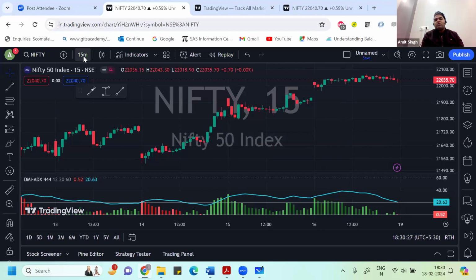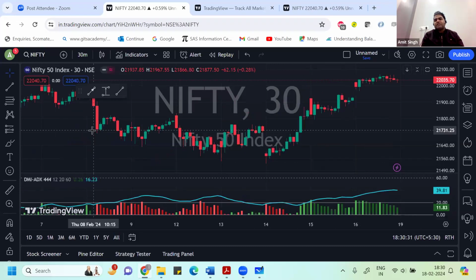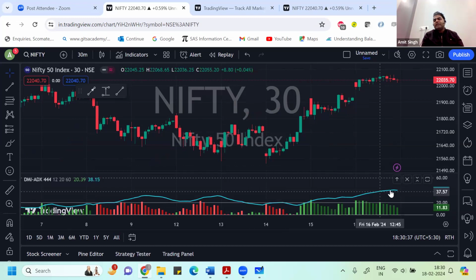Okay, and if I check the 30-minute chart here, you can see a strong build-up in the positive directional index with an increase in ADX. So gradually, what this chart is telling us is that tomorrow when the market opens, it might open with a gap down in the initial few minutes. There's a possibility that the market might fall down, but gradually the 30-minute chart and the 15-minute chart are showing